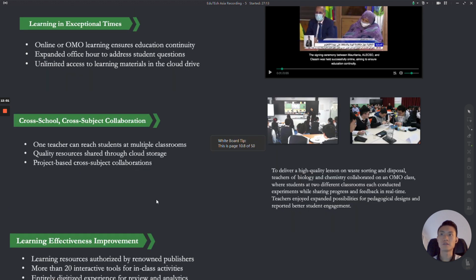Okay, now secondly, how can the ClassIn OMO model be applied? It can also be applied to cross-school or cross-subject collaboration. As you can see here on the right side of the screen, here are a few snapshots of OMO cross-campus lessons in practice. In order to deliver a high-quality lesson on waste sorting and disposal, in our case,